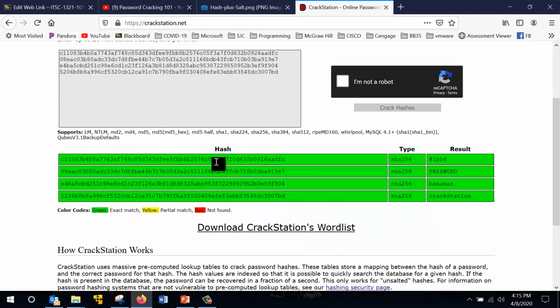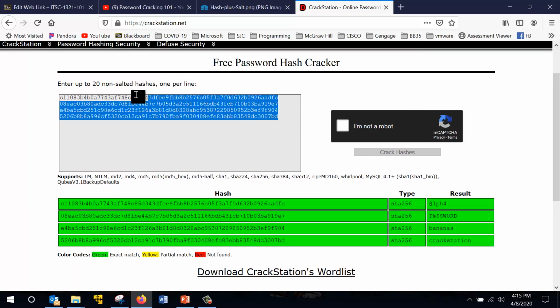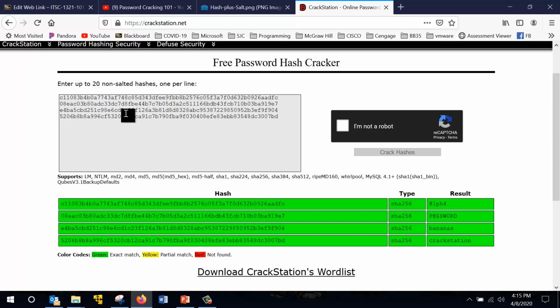It comes through and tells me that the first hash is the password @LPH4. The second hash is P$$word. The third one is bananas, and the fourth one is CrackStation. But you would never know that from this gibberish. Now, this free password hash cracker will also tell you what type of encryption was used. So, this is an example of taking the hash and going through hashes